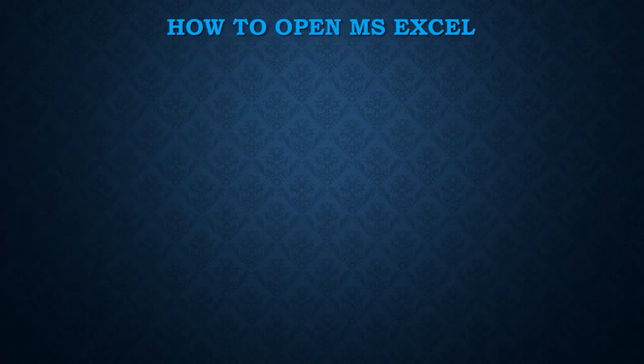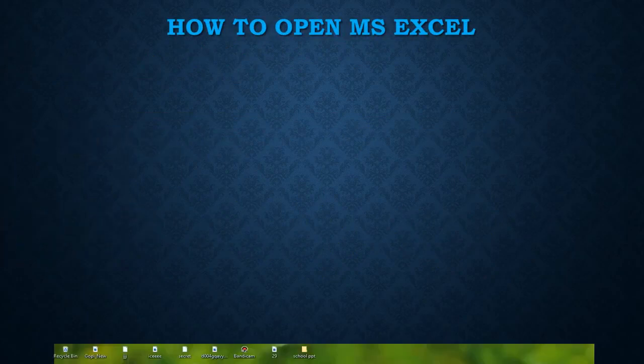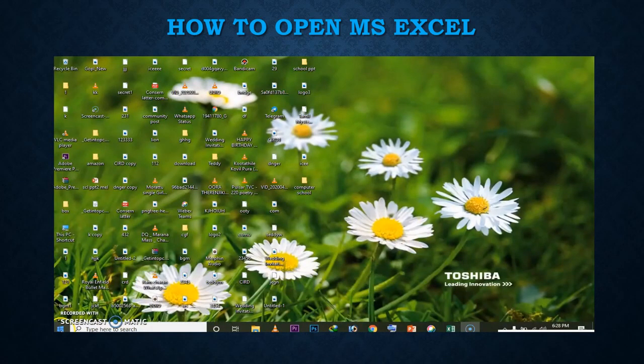Here we are going to see how to open MS Excel. Listen, this is your desktop. In that, the start button is there. Click start. Then I am searching for MS Office. I have the 2013 version in my lab. Click MS Office. There Excel is there. Press MS Excel 2013. Here a blank worksheet is there. Press it. This is your MS Excel home page. This is the main page of MS Excel.